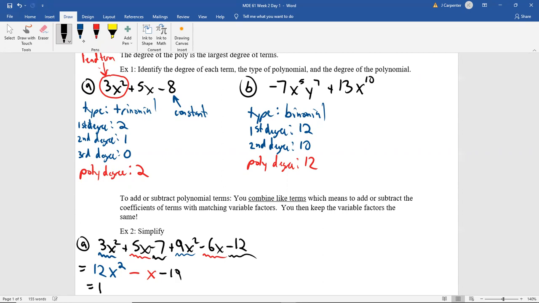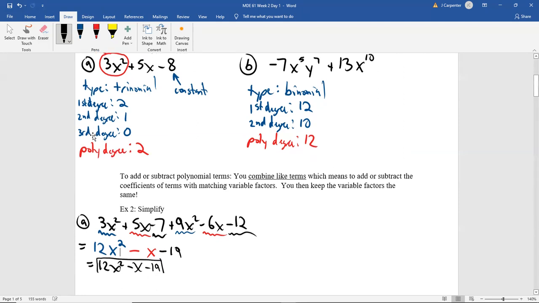I'm just going to write this all in one color for the answer. There we are. B, and I'm gonna give you all a couple minutes to try this one on your own. Let's go with